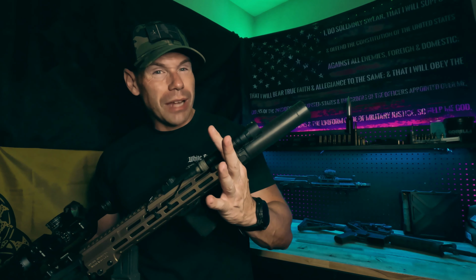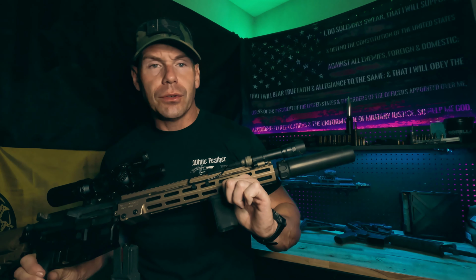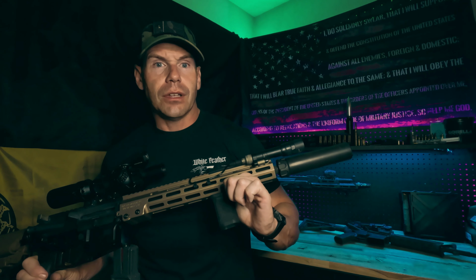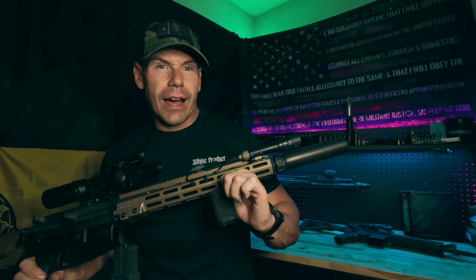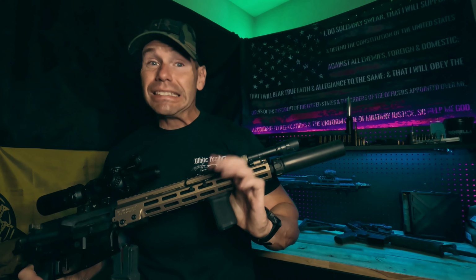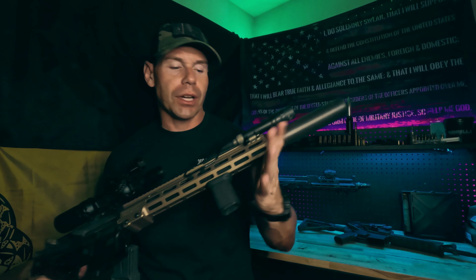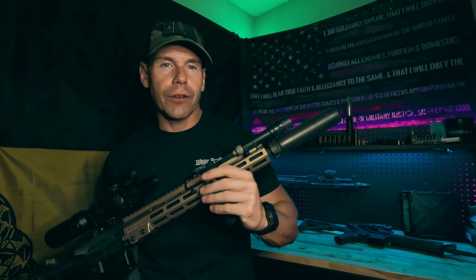I do like the 14.5 length. 14.5 honestly is a great length. It will do what you need to do where 5.56 is good. And 5.56, honestly, guys, is great to about that 500-yard mark for accuracy. Lethality, questionable, right? Depending what load you're running. I would say 400 meters, 300 yards, whatever one you want to use,